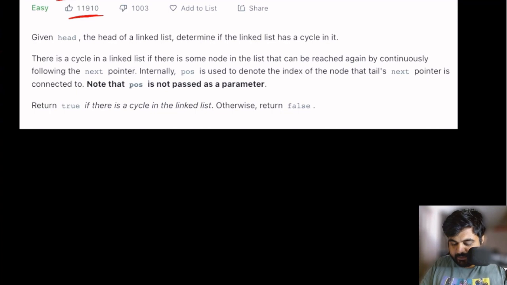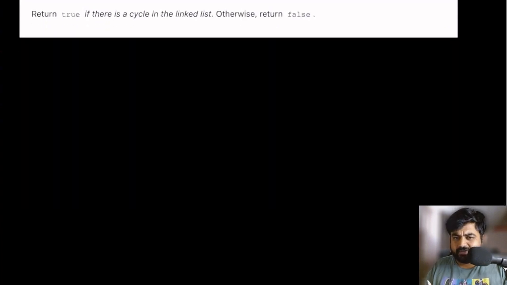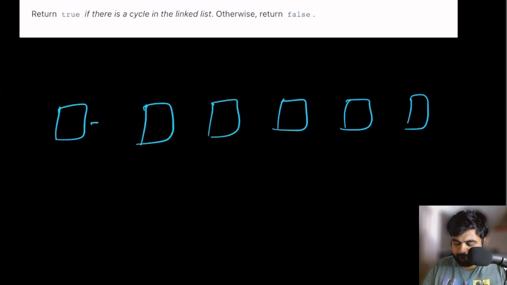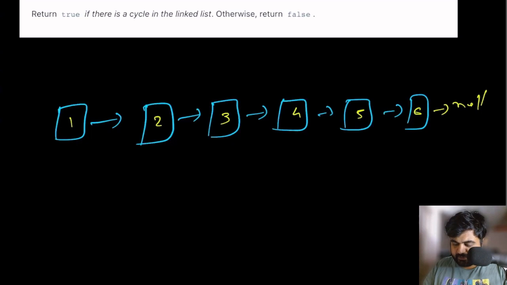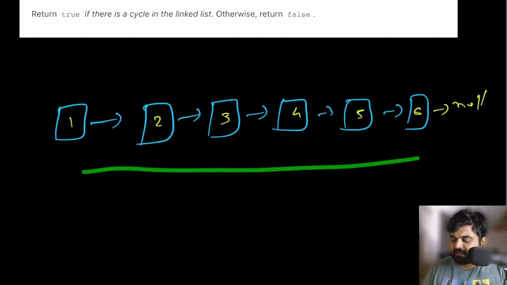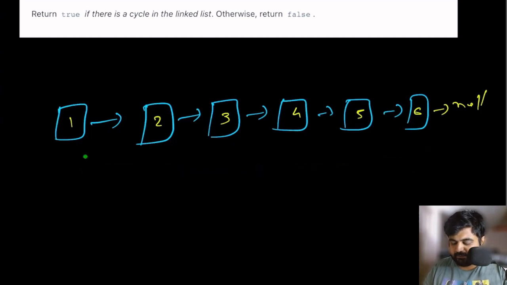So in this example, basically we are given the head of a linked list, and we need to determine whether the linked list has a cycle inside it or not. So what are some of the examples that we can come up with? We can have a linked list that looks like this. Okay, let me just quickly draw it. So this is one of the linked lists where we can see that there are no cycles. We are just going simply straight forward, and eventually the last node's next is null, which means we can define that this is a legitimate scenario. There is no cycle in this linked list.